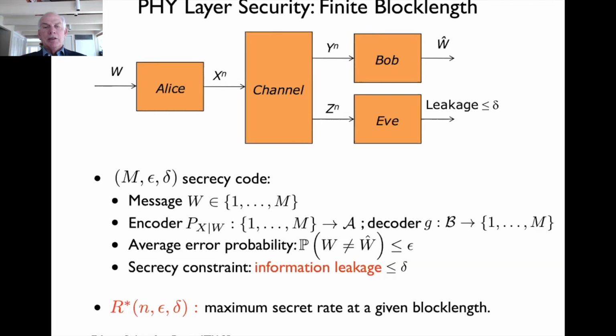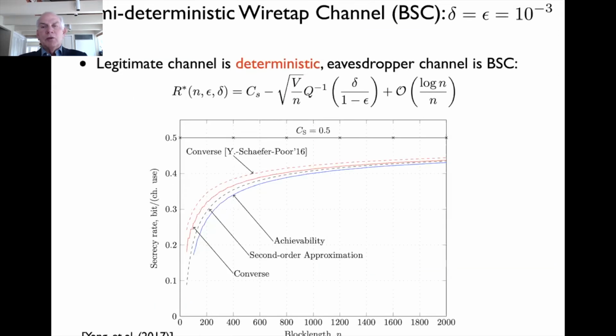So we have finite block length N, message size M, fidelity at Bob epsilon, and leakage at Eve delta. And we'd like to find the rate, that is the maximum M, for a given block length N, epsilon, and delta. Okay, so that's like a finite block length version, or a non-asymptotic version, of the secrecy capacity. And now we don't have a general result like the one you saw from Polyanskiy and others, but for particular wiretap channels we can get upper and lower bounds, just like we do for that general case.